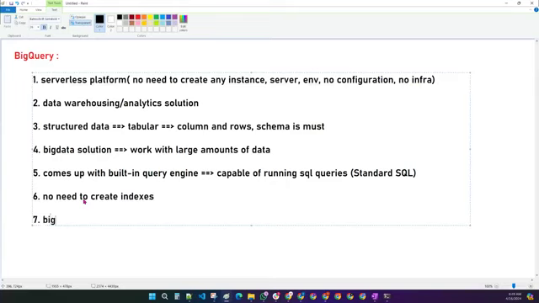How does BigQuery store the data? Sir, BigQuery stores the data in a columnar storage model. It follows a columnar storage model. That means it stores the data in columns. So, for example,